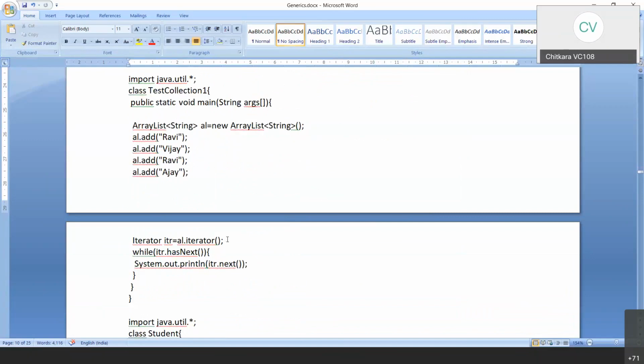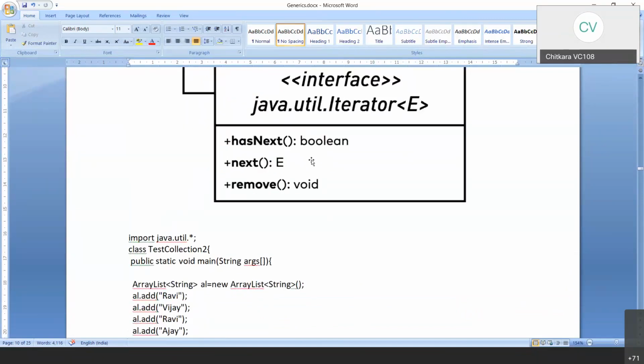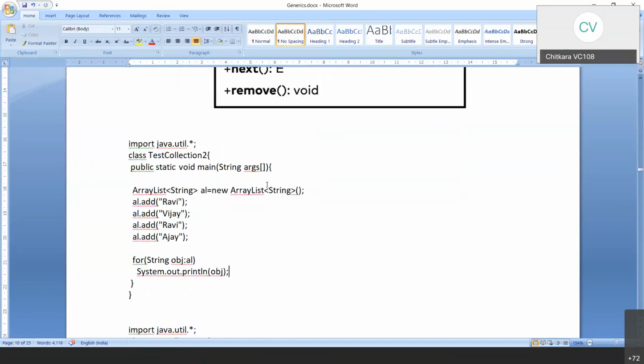I just wanted to tell you about this particular diagram: where are hasNext and next available, and how we could use them in our program. So I'm giving you two programs which I want you to try out.